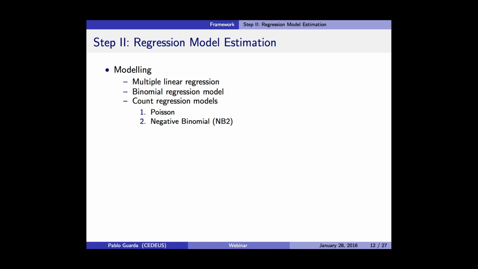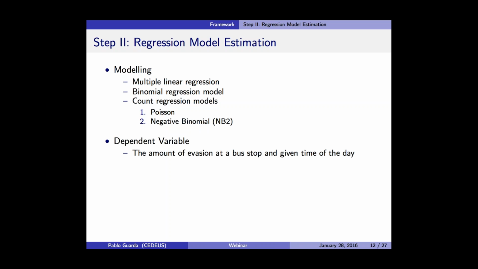The binomial regression model, which basically is trying to explain the count of fare evasion, but controlling for the number of boardings, which are basically the trials of the distribution, and the number of successes corresponds to the number of fare evaders that are counted on that observation. And then 2 different count regression models, Poisson model and negative binomial, to account for the overdispersion we found